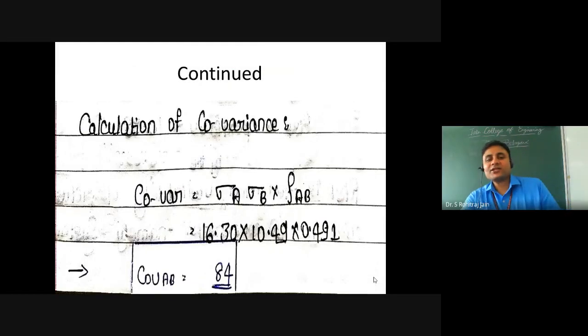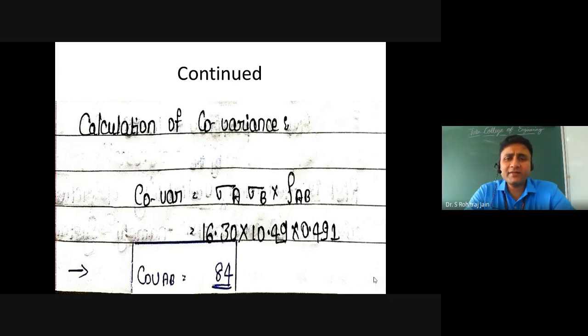Next is calculation of covariance. Just now we saw in the formula, right? We can calculate the covariance using this formula: that is standard deviation of security A multiplied by standard deviation of security B multiplied by correlation coefficient that exists between security A and B. Correct? So students,